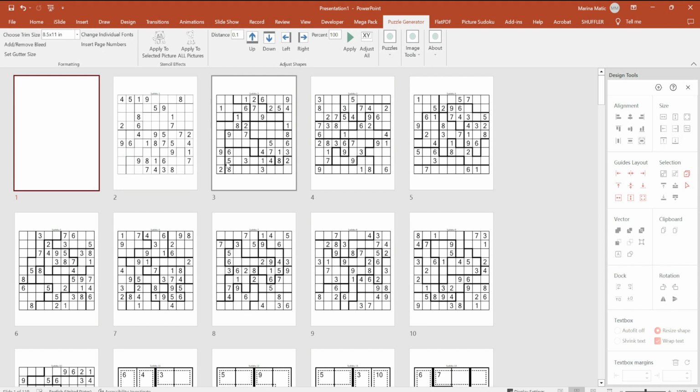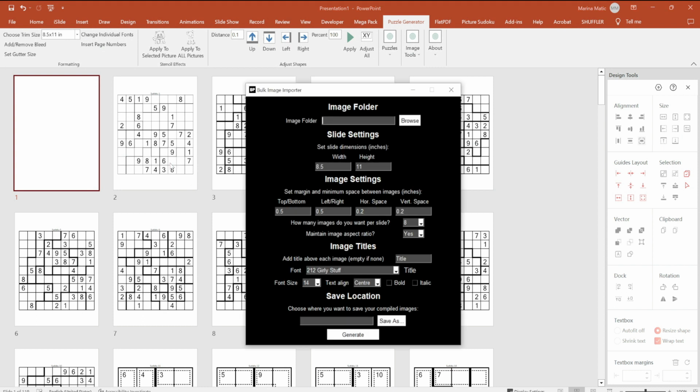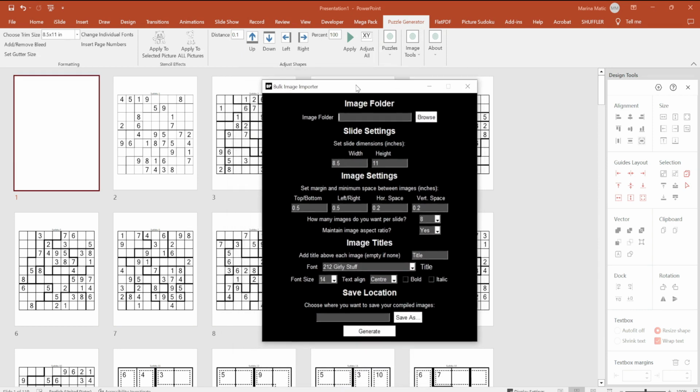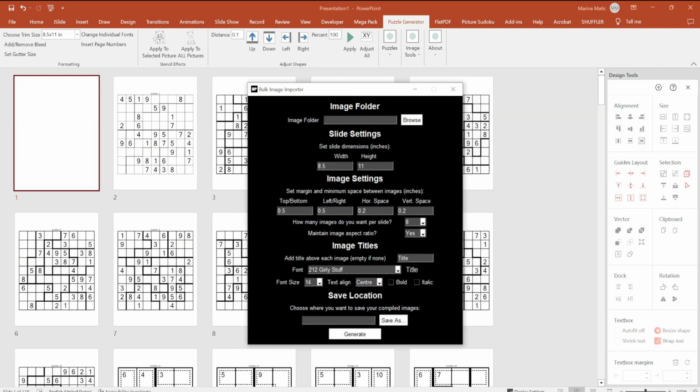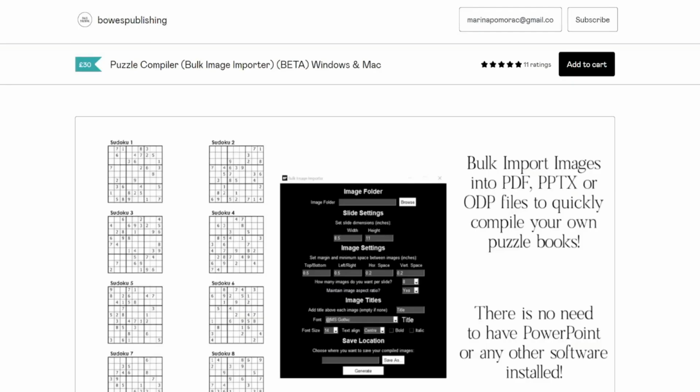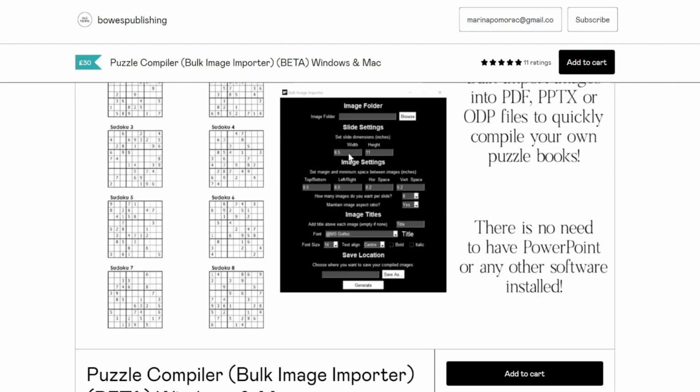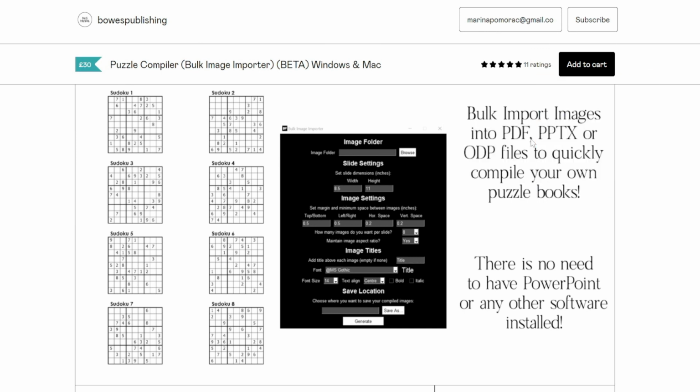Option number 2 would be to use Lookbow's puzzle compiler, so book puzzle compiler. The logic is the same, but in this case you do not need PowerPoint. It's going to create PowerPoint as well, but you do not need to have a PowerPoint. It also creates, I believe, OpenOffice, LibreOffice, and stuff like that. I'm going to put a screenshot here from his Gumroad listing, so you can check what output file types it